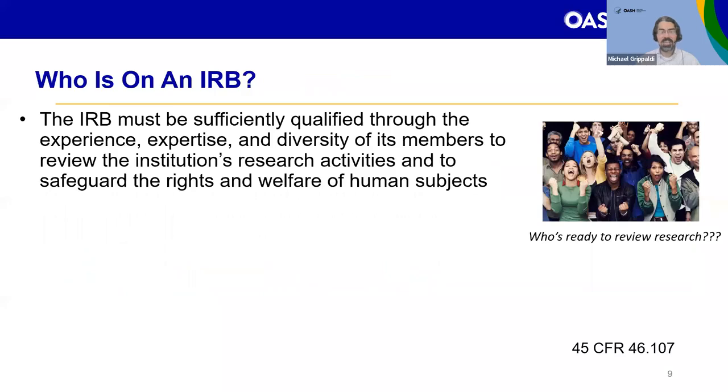On to the who. So the regulations stipulate that the members should be thoughtfully considered with a particular emphasis on their experiences and perspectives. Having a diverse composition of the IRB ensures that participants are adequately protected. To do so, this requires that many different characteristics are looked at. Certainly, the IRB as a whole must be able to review proposed research in terms of institutional commitments and the regulations. This means that membership must include people who are knowledgeable in these areas.